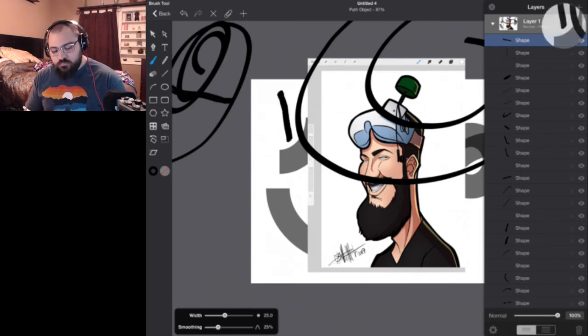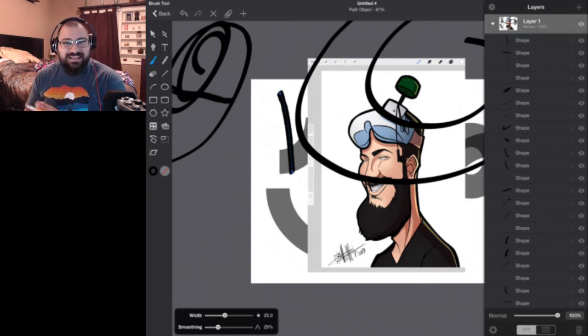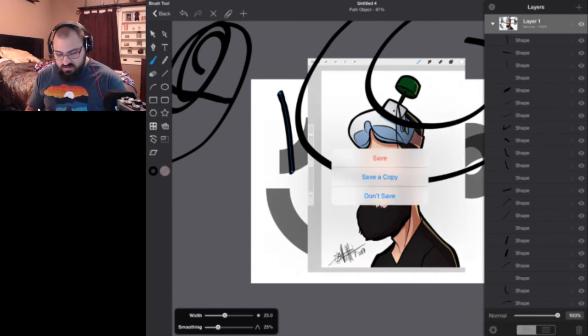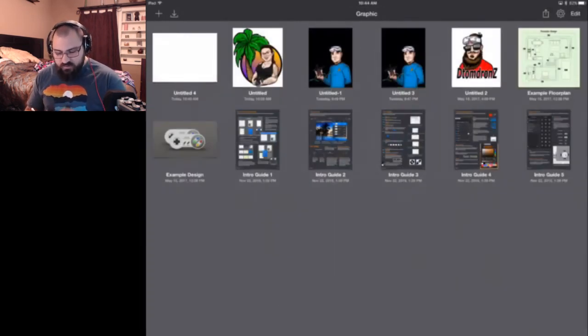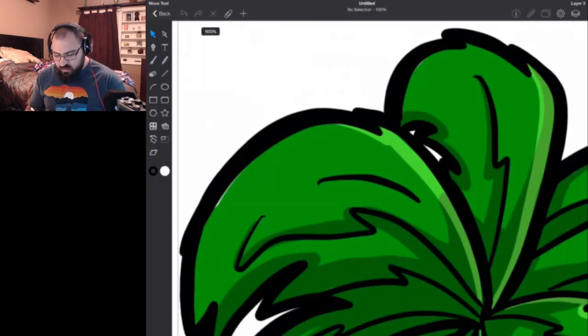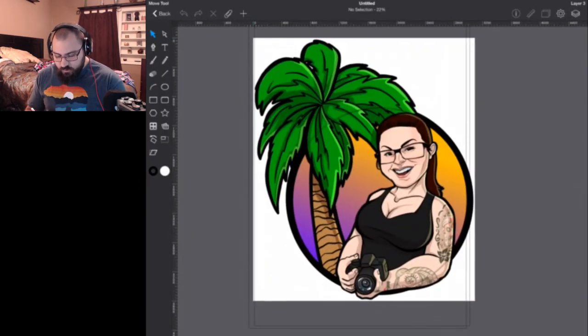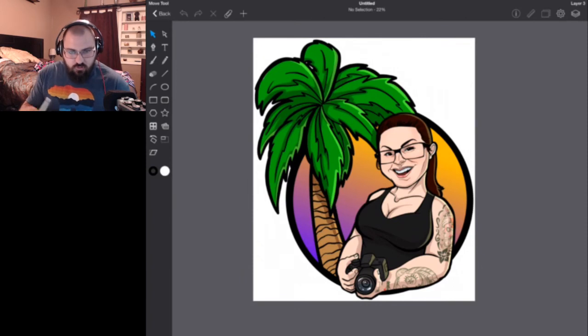If I needed to, I could build a vector graphic in this program. Would I choose to? Probably not. But the capabilities of being able to add text, doing things like I showed you here a second ago, in this case, like with this gal here, I drew the tree, but this circle background with the black stroke and the nice gradient through there was done in this program, and then later on I applied a text to it